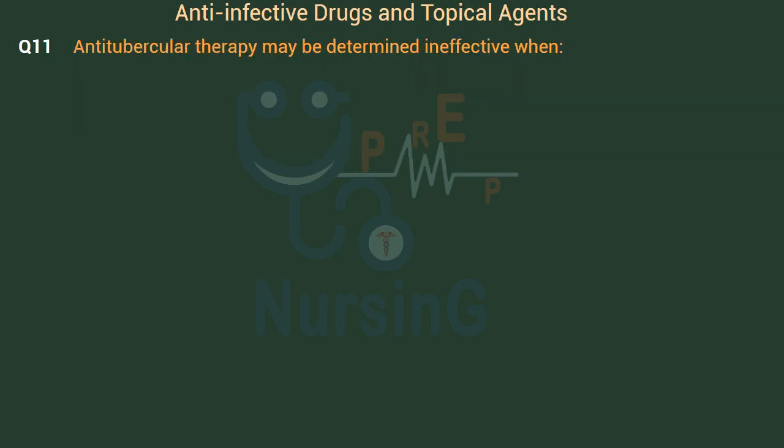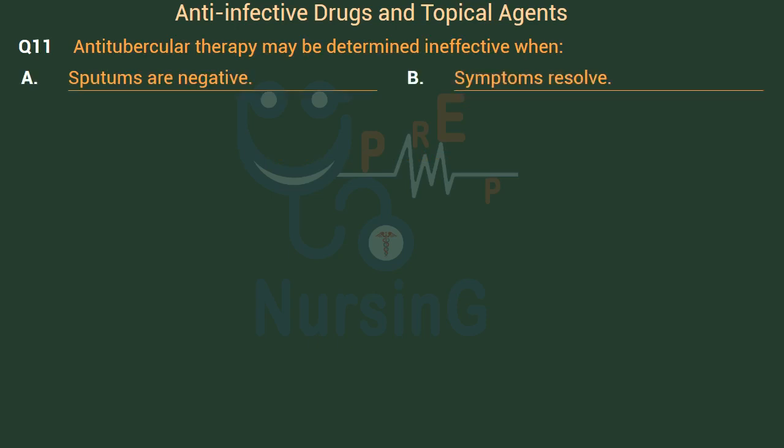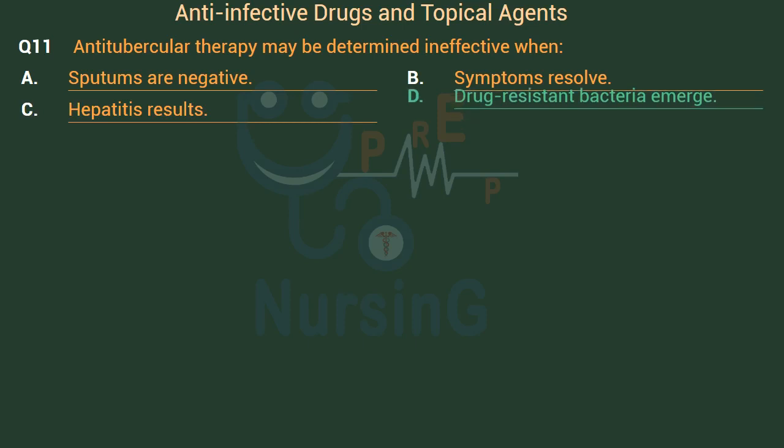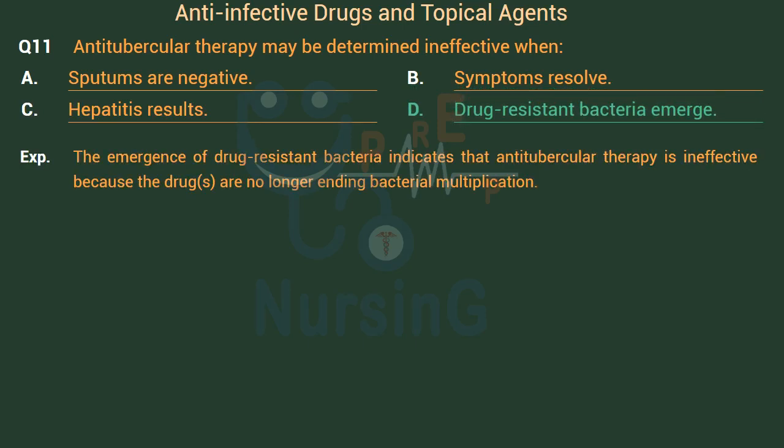Antitubercular therapy may be determined ineffective when: Option A. Sputums are negative. Option B. Symptoms resolve. Option C. Hepatitis results. Option D. Drug-resistant bacteria emerge. Right answer is option D. Drug-resistant bacteria emerge. The emergence of drug-resistant bacteria indicates that antitubercular therapy is ineffective because the drugs are no longer